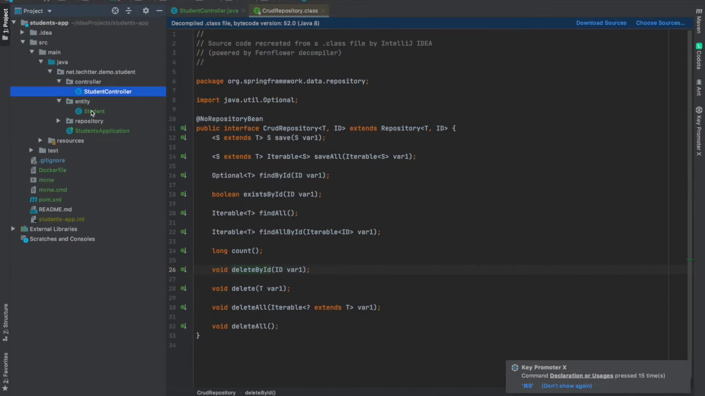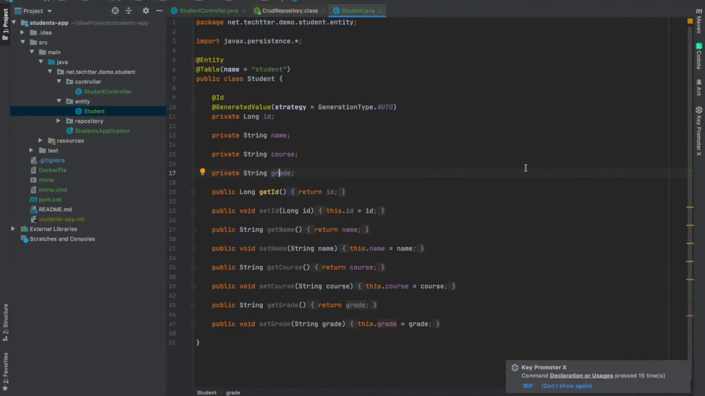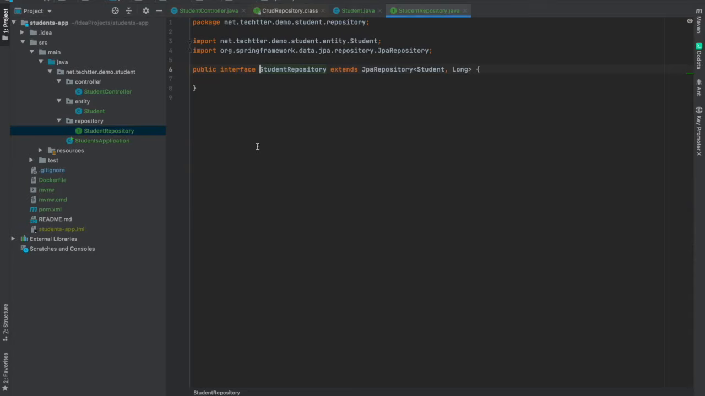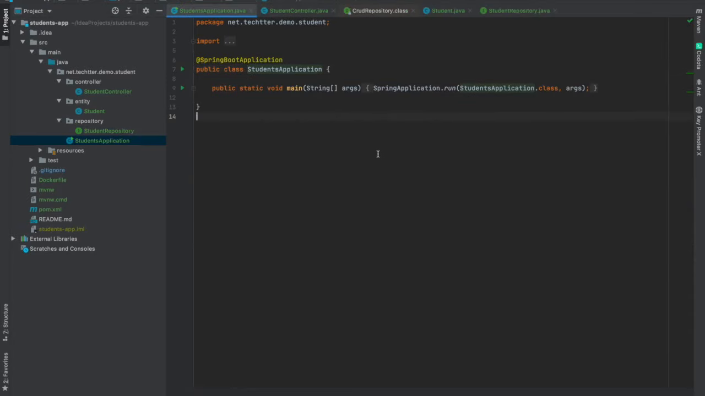and we have the student entity class that contains ID, name, course, and grade. This information will be pushed to the MySQL database and also retrieved using this application by calling the REST API of the Spring Boot. And we have the student repository interface, and the main application. So it's very simple. Now we look at how we can create the Kubernetes objects